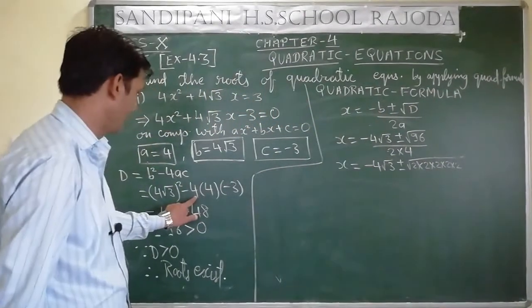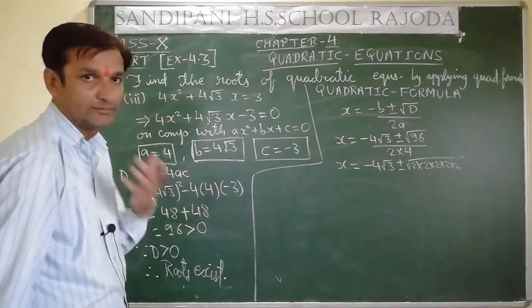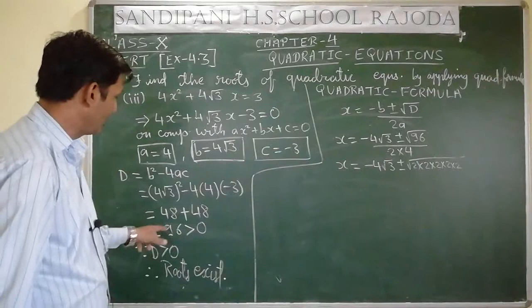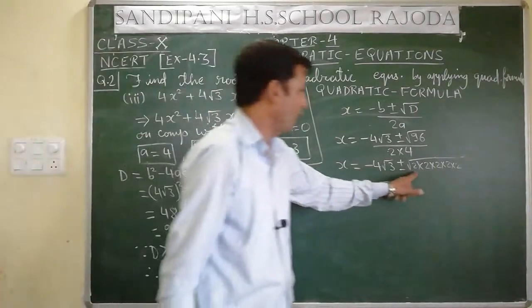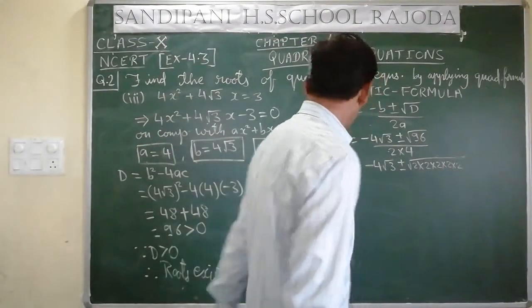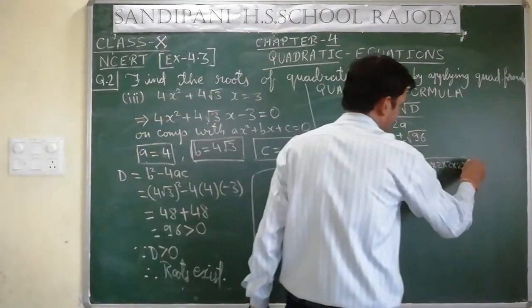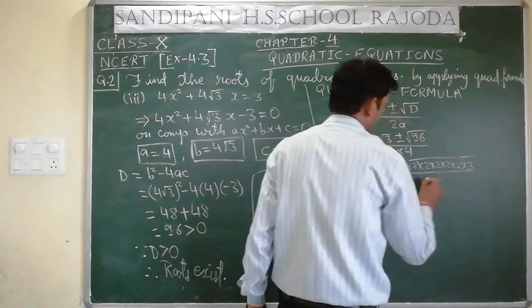See, 4 is 2 into 2, this 4 is 2 into 2, 4 times 2 is there, and 1 2 is for, because this is 2 times, it is 96. So 2 2s are 4, 4 2s are 8, 8 2s are 16, 16 2s are 32, and 32 3s are, that is 96 upon 8.